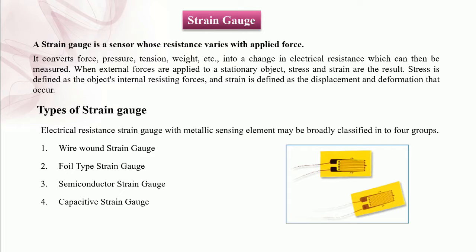Now this strain gauge is a measurement transducer for measuring strain and associated stress in experimental stress analysis. Many other detectors and transducers, such as load cells, torque meters, diaphragm type pressure gauges, temperature sensors, accelerometers and flow meters, employ a strain gauge as a secondary transducer for their working principle.